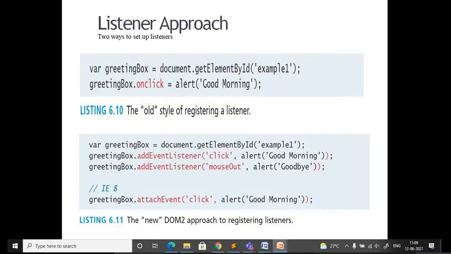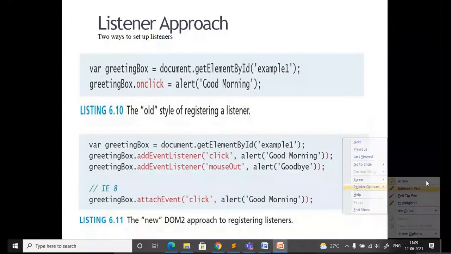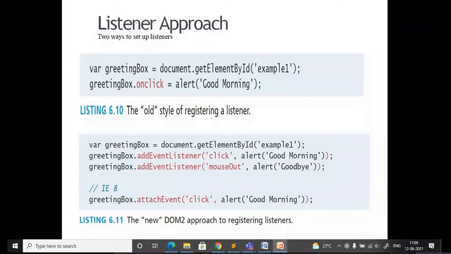If you want to write your own function, and you don't want to use the alert message, then you have to specify the user defined function here. Maybe I'll give an example for that. Instead of alert, I'll be invoking whatever function I define. Whenever there is a mouse out, that is, if you move the mouse out of that element, it should immediately call that function and perform the required task.